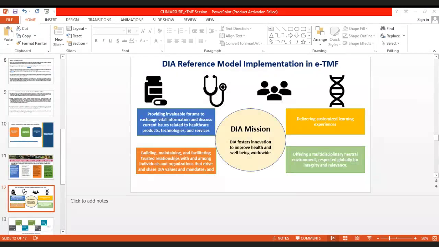If you see here, community, okay, if I go to the community page, it will redirect to the DIA community. If I sign in here,